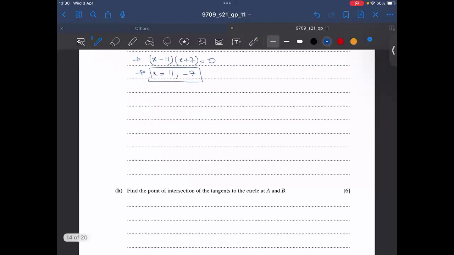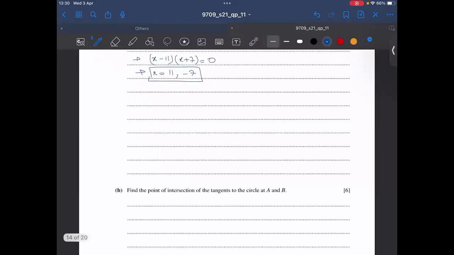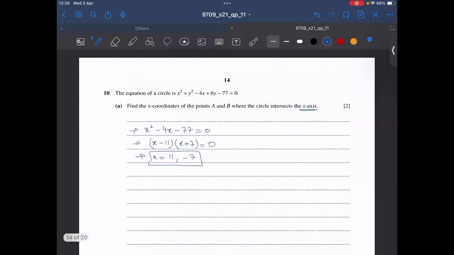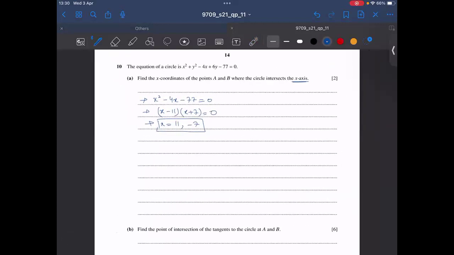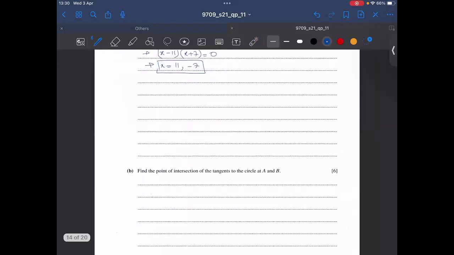Find the point of intersection of the tangents to the circle at A and B. Tangents to the circle at A and B. Now,